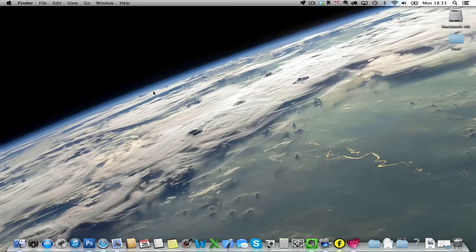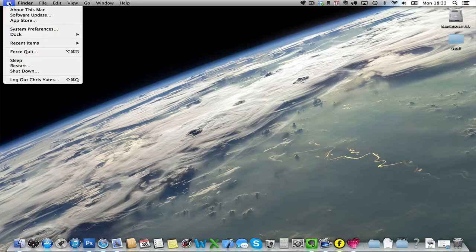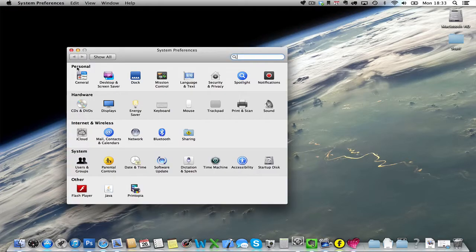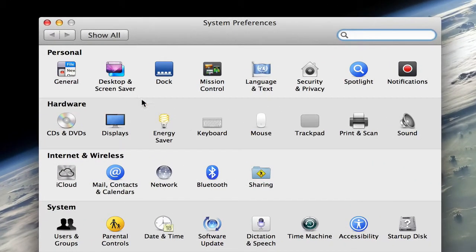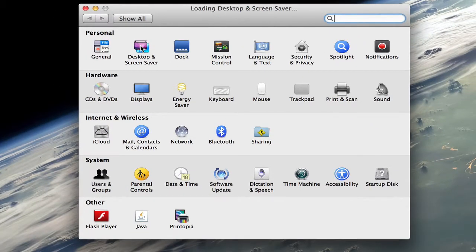Okay, going back to this picture on the background, let me show you how you can change that. If you click on the Apple menu here and move down to System Preferences, another window will appear, and you'll have all these icons in here. This is all the settings for your computer and all your preferences. But the one you're most interested in at the moment is Desktop and Screensaver. So if you just tap on that once,